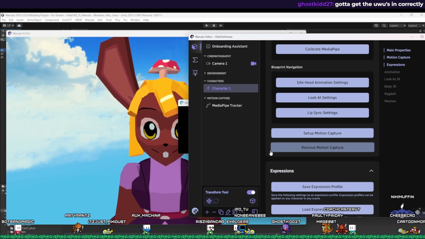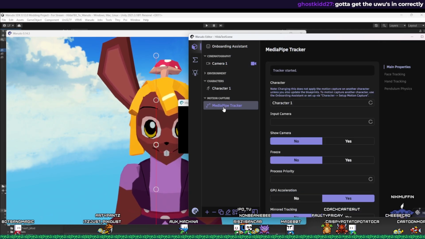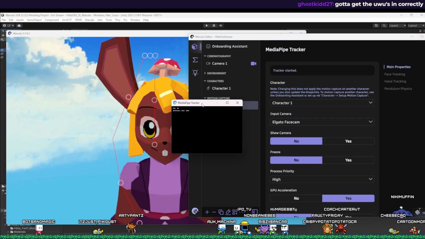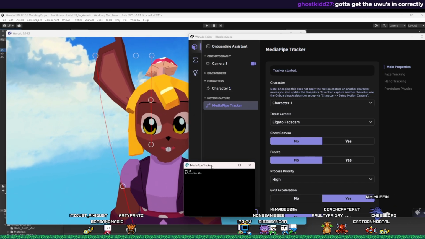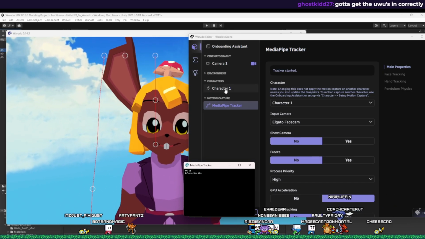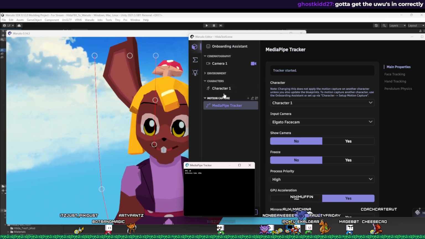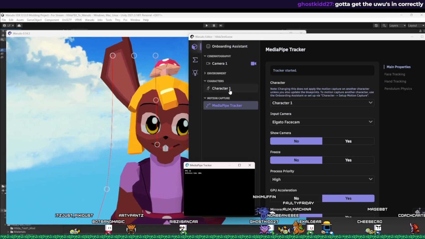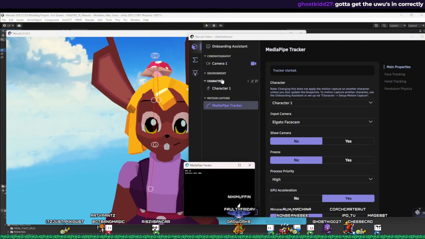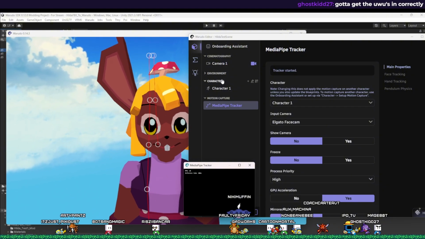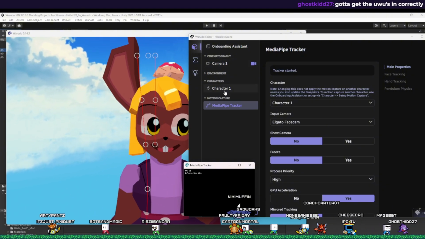And now we've got a MediaPipe tracking set up, which doesn't seem like it's actually responding all that well. There we go. Now it's starting. So I found MediaPipe to be a little bit better than OpenSeeFace, which is what VSeeFace is. But like MediaPipe, it's still not a ton of, like, you really have to push the lip